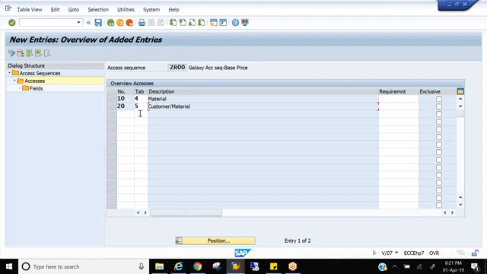So one new update in S/4HANA on this screen is this serial number. In ECC, this serial number is only 2 digits, up to 99. That's it. You cannot enter a triple digit here. But in S/4HANA they made it triple digit. That means you can enter up to 3 digits, 999. That is one update in S/4HANA coming to access sequence pricing. The field has been enhanced by one more digit. Okay, so I placed my tables here. So is this placement correct? Anyone? Is the placement correct?